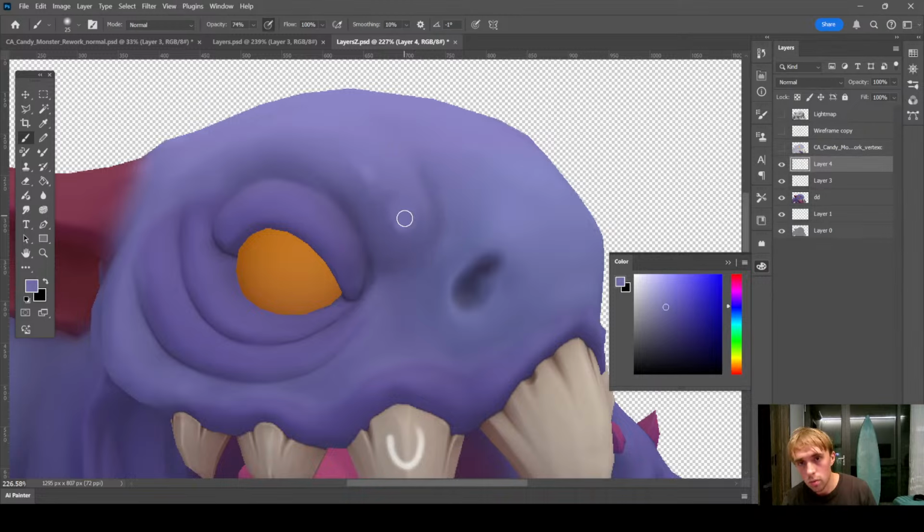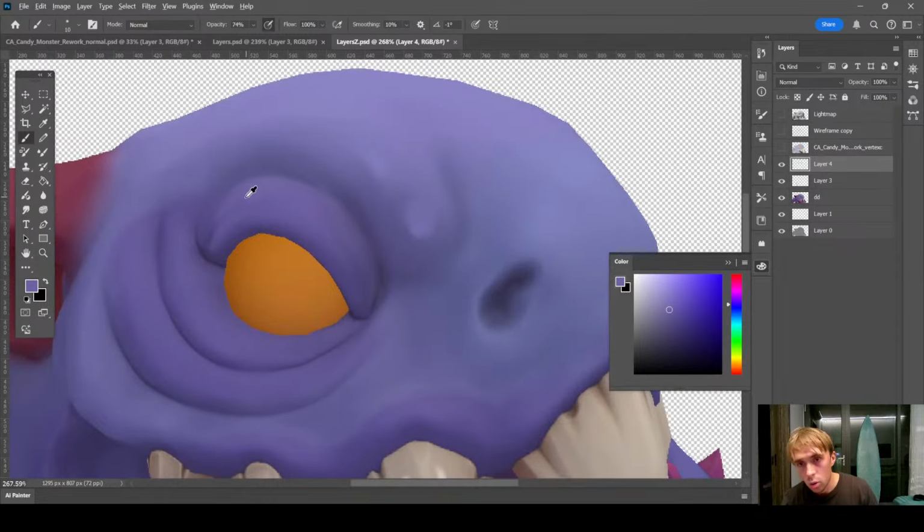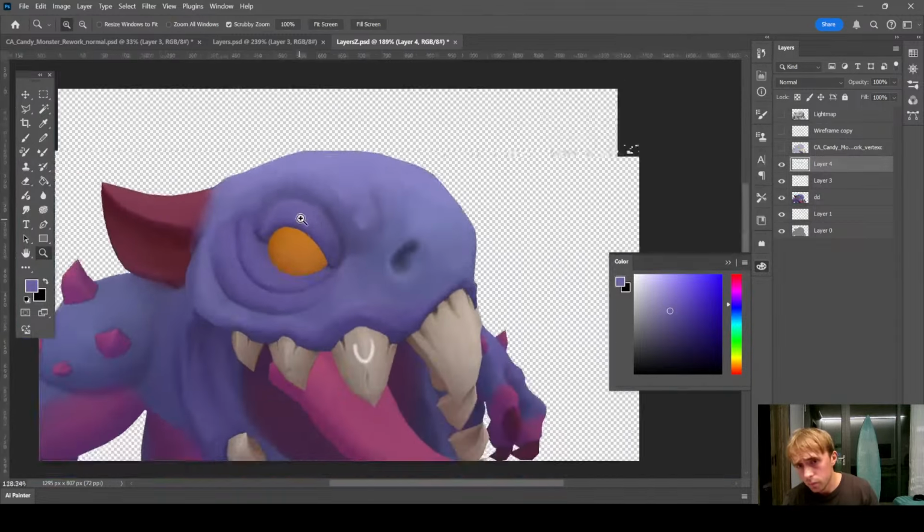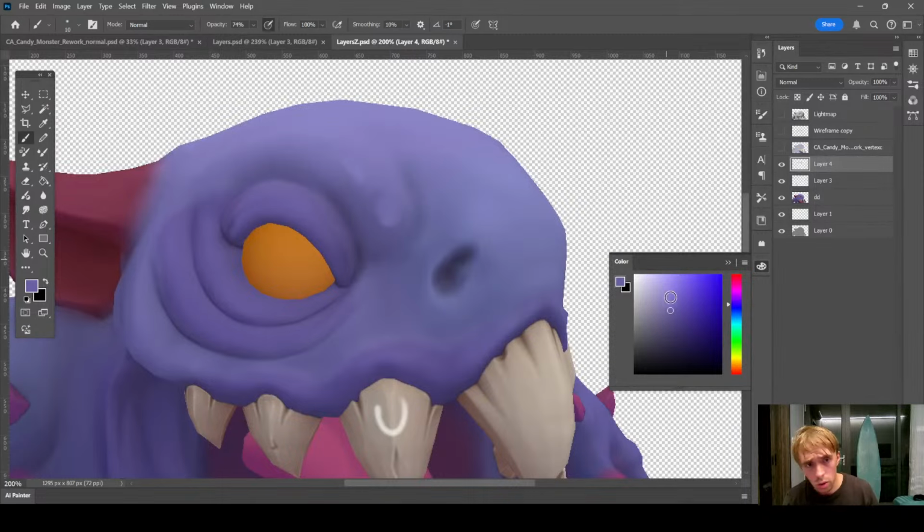Just like this. Then I would like to detail this part with some lines. Always keep the direction of the object of every part. So don't paint in the opposite direction. I'll pick this one if I want to detail it, and I don't know, I will add some random folds like this. Even though maybe it doesn't make much sense, don't get too overexcited, because it can actually ruin your